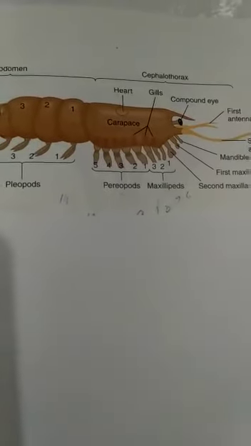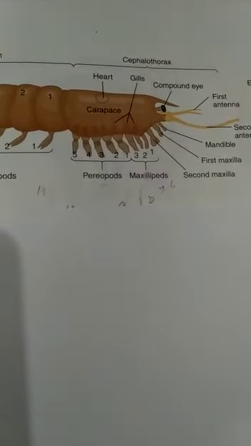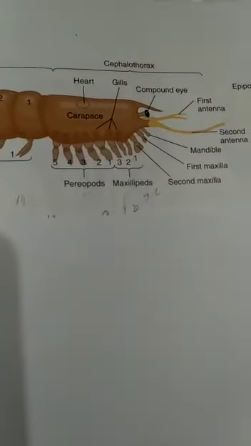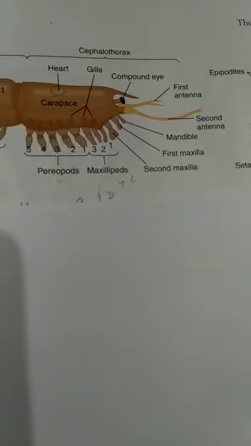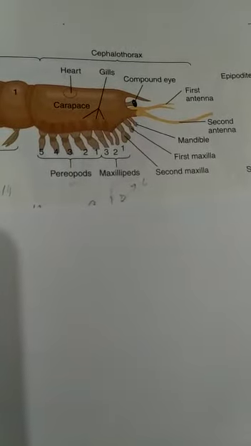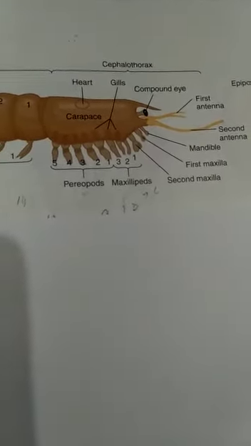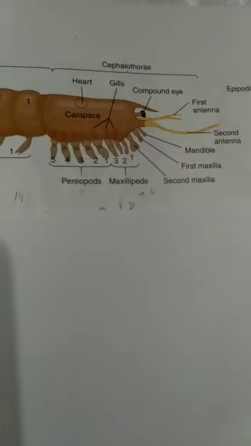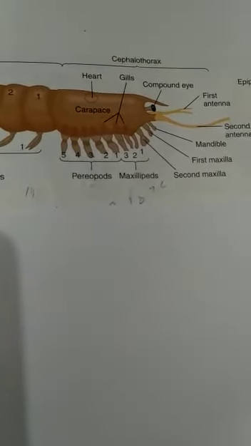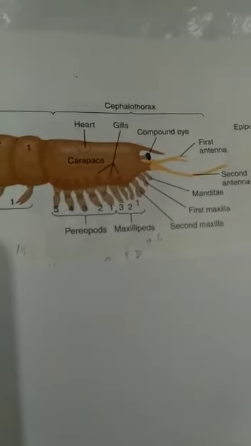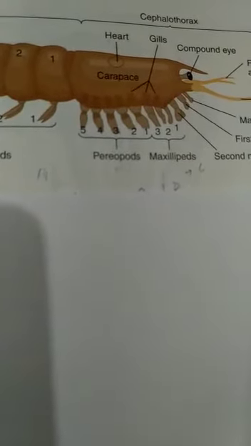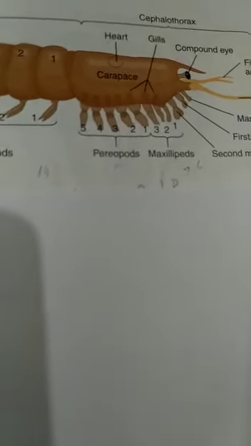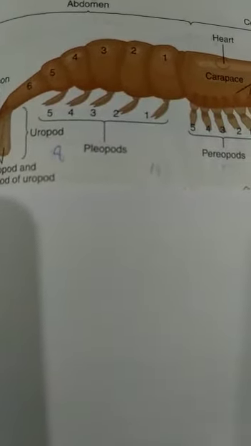A generalized diagram is being shown. Look, there are two parts of the cephalothorax. In the first part you can find the first antenna, second antenna, mandible, first maxilla, second maxilla. Up to here, these appendages are called head appendages. Maxillae and mandibles are specifically related to feeding, while maxillipedes and pereopods help in food handling and walking, and the last pleopods, also called swimmers, help